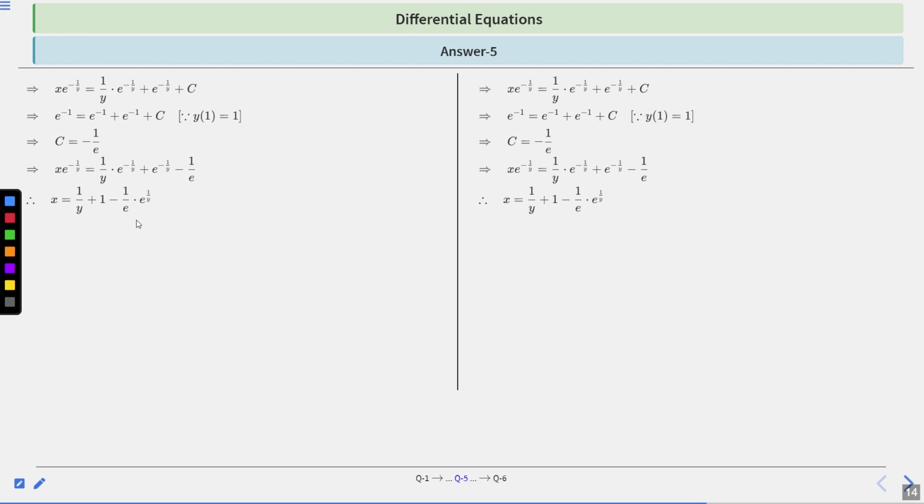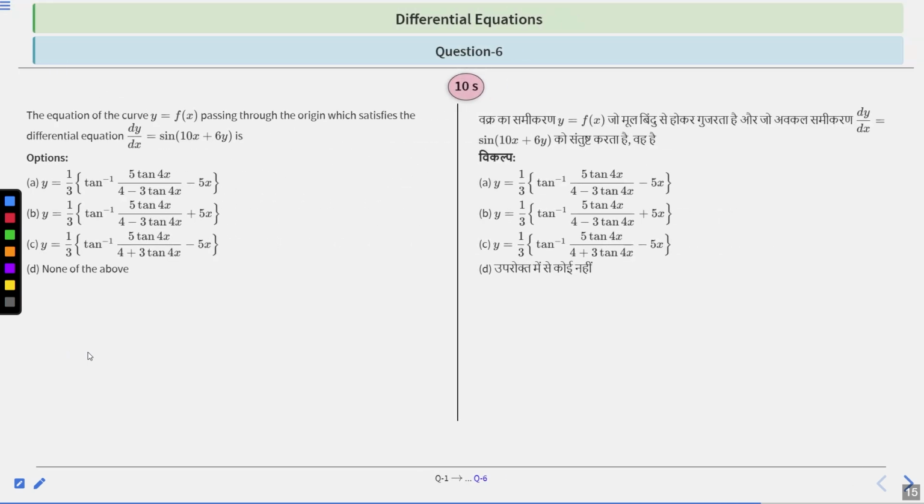Now, by dividing both sides by e to the power minus 1 by y, we will get x is equal to 1 by y plus (1 minus 1 by e) into e to the power 1 by y, right? Therefore, the required x will be 1 by y plus (1 minus 1 by e) to the power 1 by y. Got it? Got it? Now, let's move to the next question, question number 6, which says